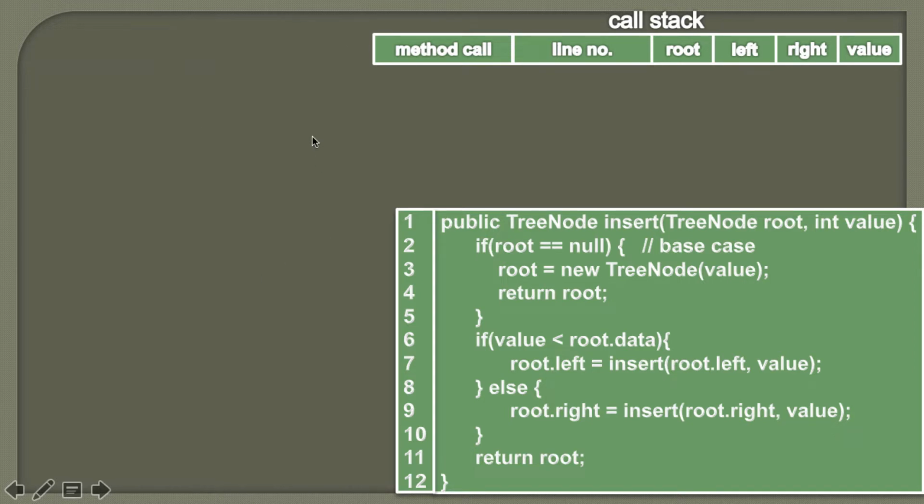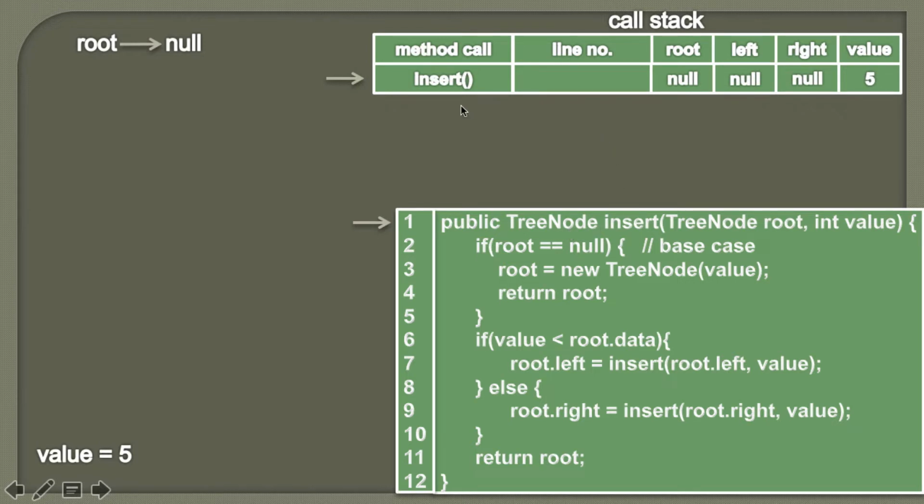So friends, let's suppose currently binary search tree has no nodes. And when the binary search tree is empty, we know that root will point to null. Now let's suppose we want to insert a value 5 into this binary search tree. So here you can see on the call stack there will be one insert method, and currently as root is pointing to null, therefore here we can keep the track of the root which is pointing to null, and we can also keep the track of its left and right tree node which are also null, and the last column will have the value which we want to insert. Moving ahead,